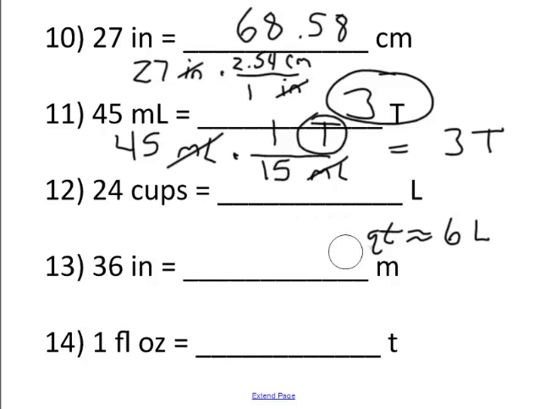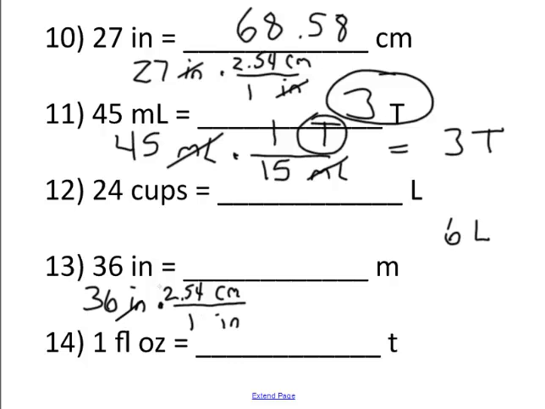Let's clean this up a little bit. On the next problem, we have length 36 inches converted to meters. We don't have a direct conversion memorized, but we can convert our inches to centimeters, then our centimeters to meters. So 36 inches times a unit fraction with inches in the denominator, centimeters in the numerator. There's 2.54 centimeters in 1 inch, so that would take away the inches. And then we have to convert it to meters. So let's convert our centimeters to meters. And we know there are 100 centimeters in 1 meter. So the centimeters now would divide out. So if we multiply and divide straight across, we get 36 times 2.54. And then we take that answer and we divide it by 100 because we want to convert our centimeters to meters. And we get